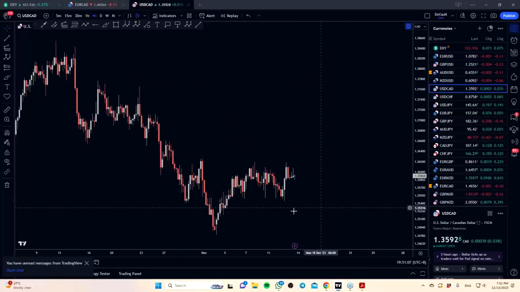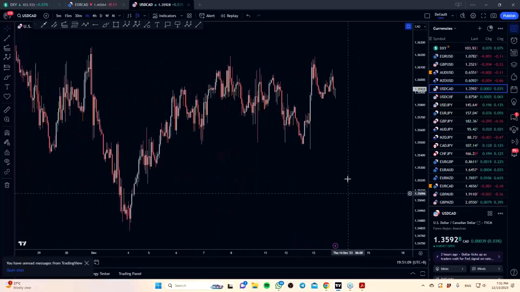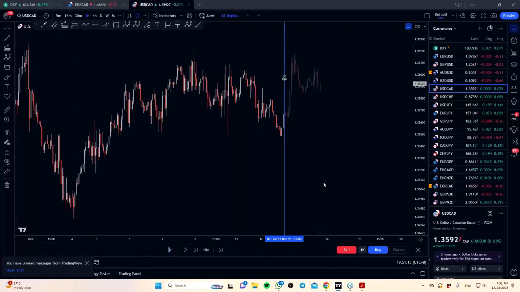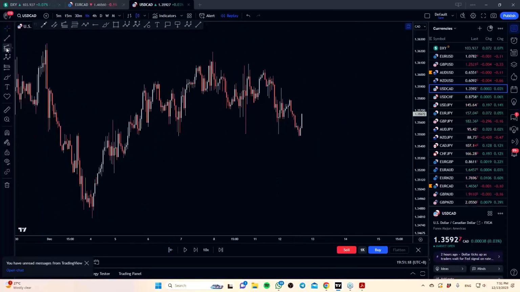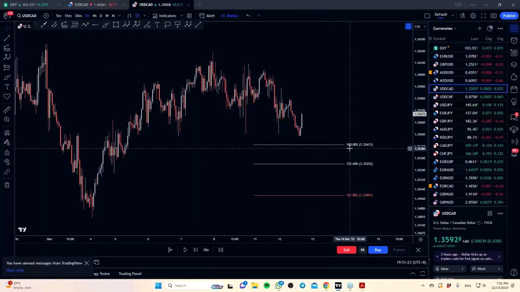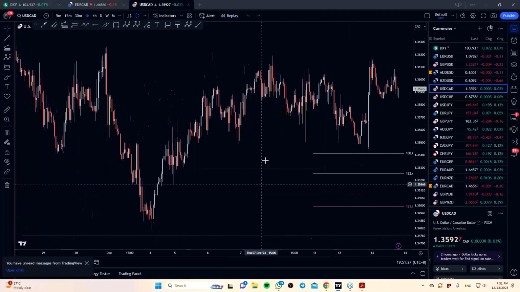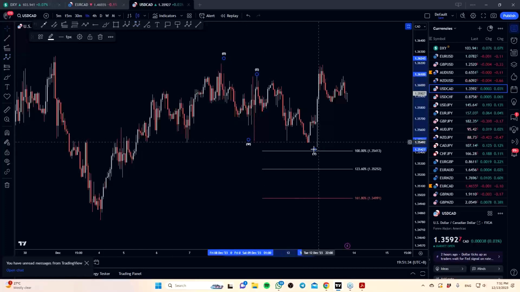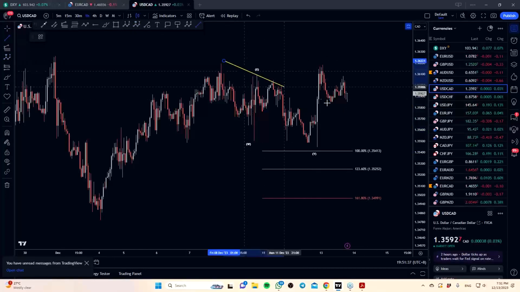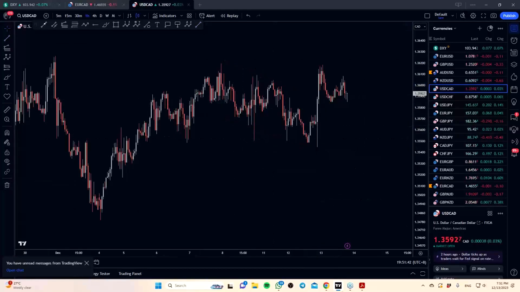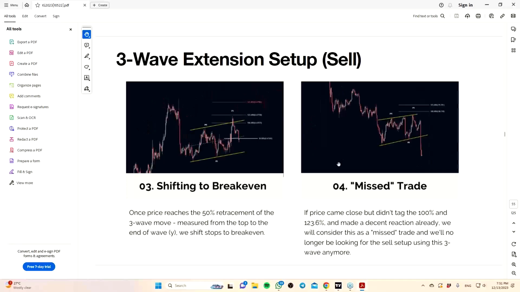Giving you another example over here. Okay, it works on multiple time frames, right? So if you take a look at this, we have a very nice little three wave. Again, this one here, right? Just pull back a little bit. We have a very nice little three-wave move here, right? You can see this kind of came quite close, didn't really tag that, okay, and then of course the market can bounce, right? So again, it's not always to the point precision, but this is an example of a very nice little three-wave move, and the market actually moved off. And see that, right? Okay, so this is an example of a three-wave extension setup.